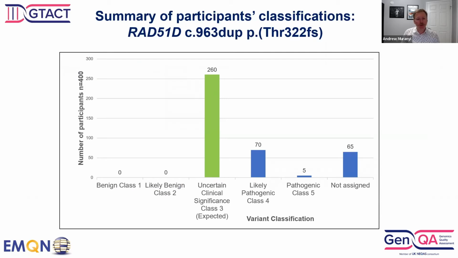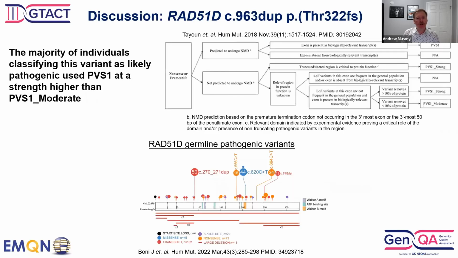So the majority of individuals classified this as expected, as a variant of uncertain significance. However, there was a significant number of individuals who classified this as pathogenic or likely pathogenic. And the main reason for this is the use of the PVS1. Next slide, please. These individuals used PVS1 at a strength higher than the moderate strength recommended. I just thought I'd quickly take a moment to go over the